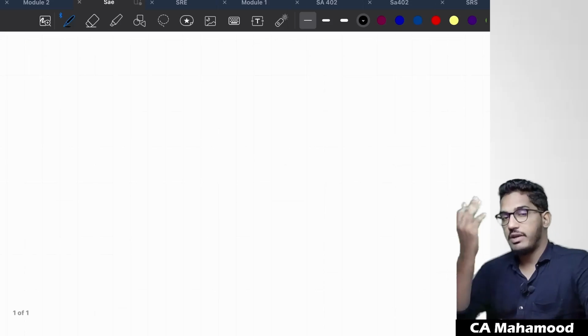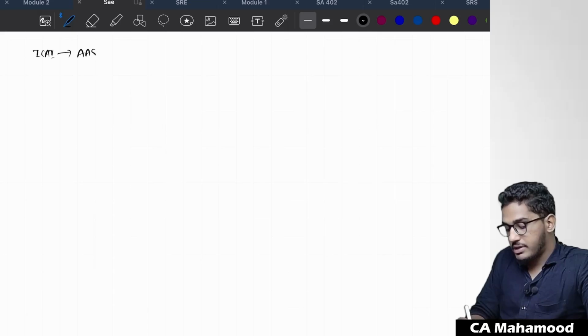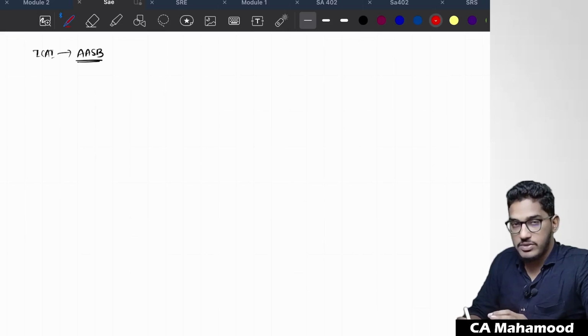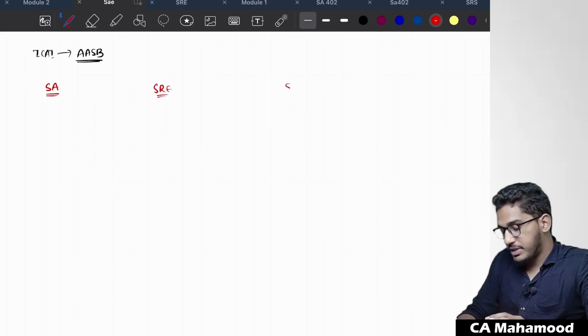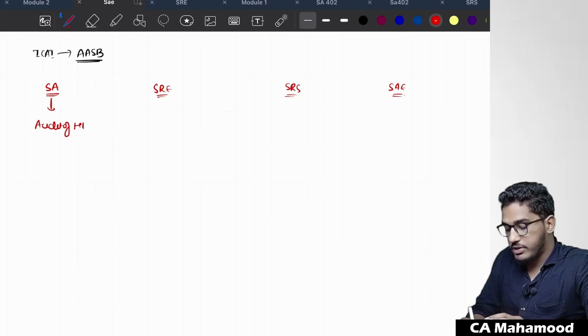Once again, I'm going to revise what I discussed in the earlier chapter. ICAI has created a board, the Auditing and Assurance Standards Board, for the purpose of providing guidance on auditing and related matters. They have given various kinds of standards. What are the different kinds of standards given by AASB under the guidance of ICAI? We have SA, SRE, SRS, and SAE. SAs, that is Standards on Auditing, become applicable whenever you are conducting an audit of historical financial